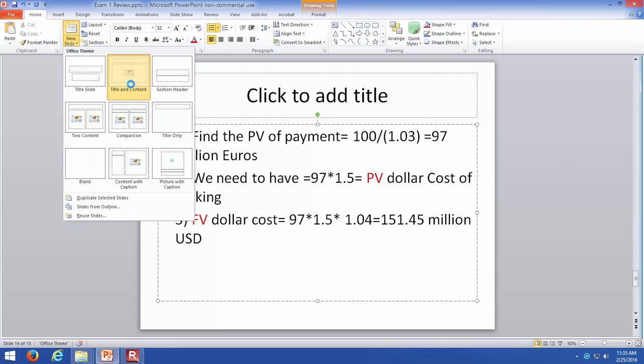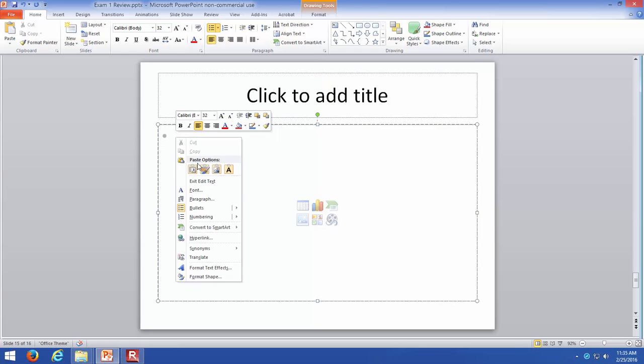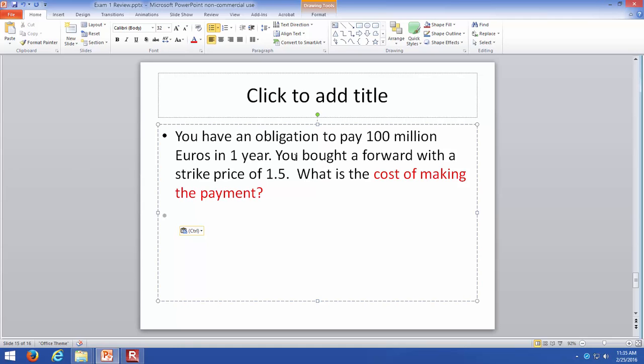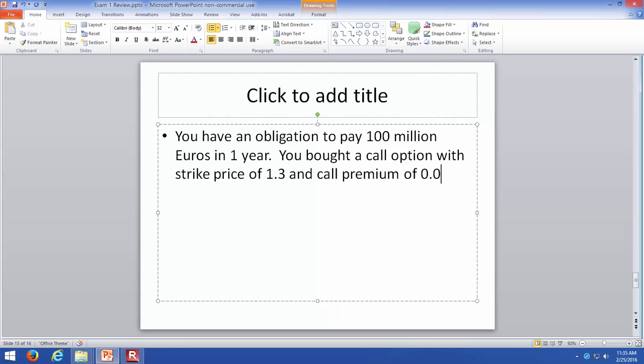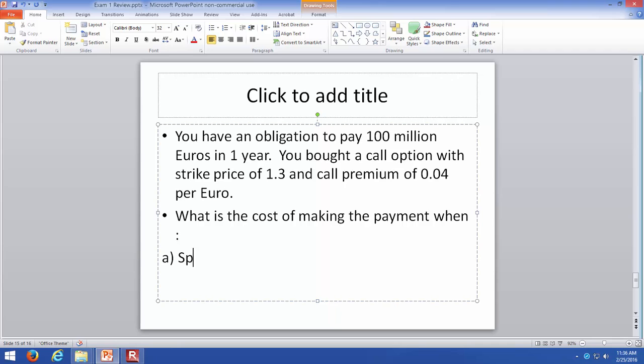Now let's look at one more example, the options hedge. Same question. Suppose we have an obligation to pay 100 million euros, and you bought a call option with a strike price of 1.3 and a call premium of 4 cents. What is the cost of making the payment when the spot rate is 1.2? When the spot rate is 1.2, the cost of making the payment is going to be 100 times